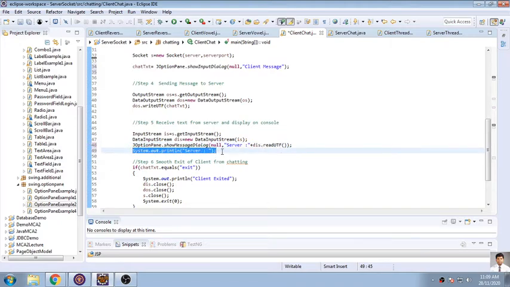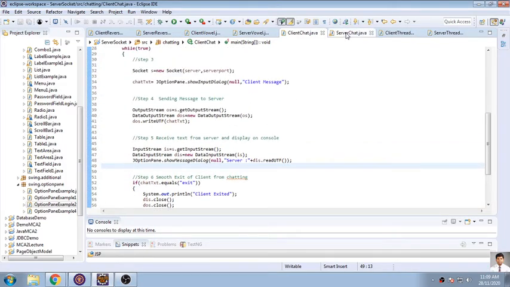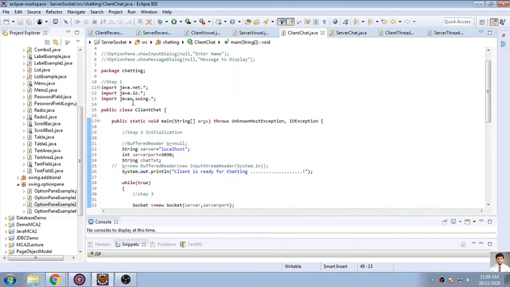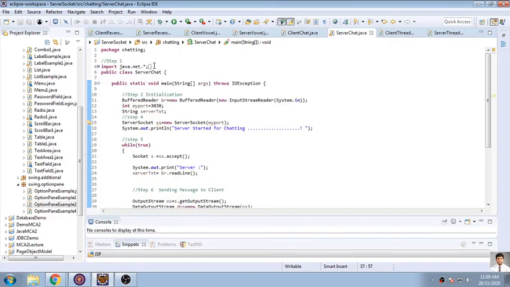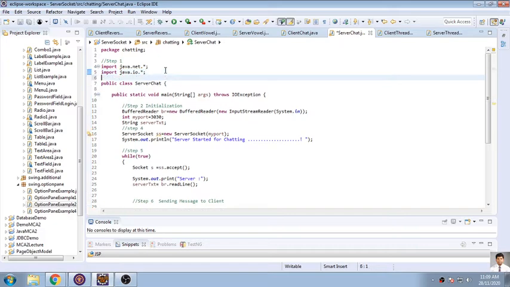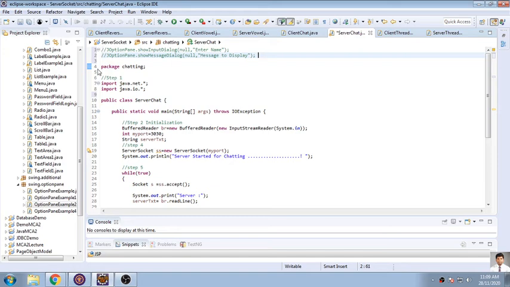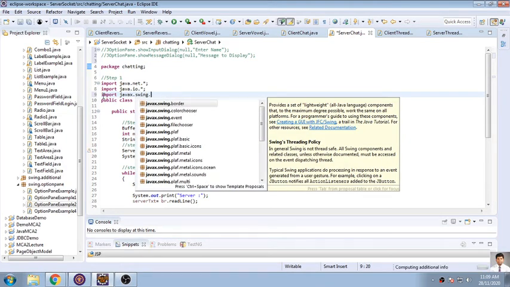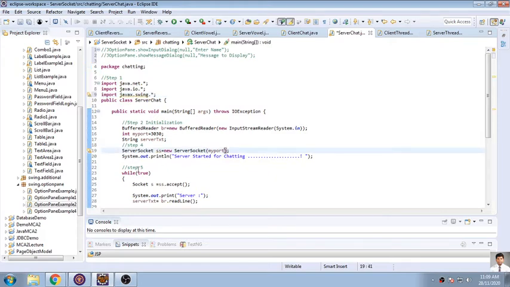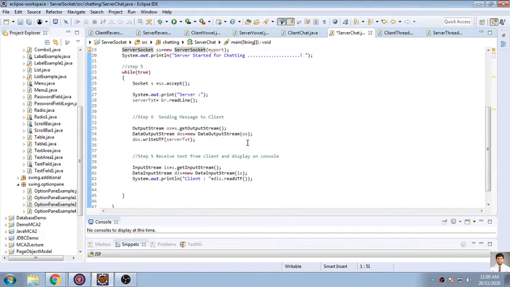So there is no need for me to write like this. So these are the basic things that I will be doing in this client program. Same in the server program, we will be using these two components for converting it into a GUI. So as there are two packages, I will be importing another package. So the package name is import javax.swing.*. So this will be there, and whenever there is a message, if I want to accept something, the input box will be like this.